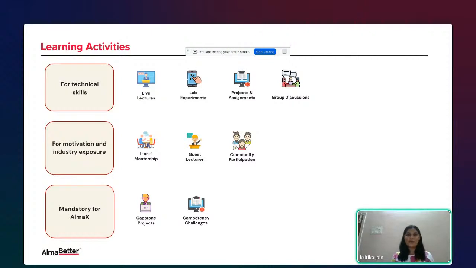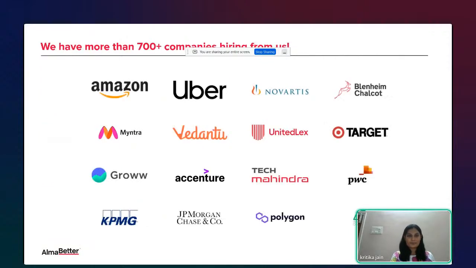So that is the 6 months program, definitely the projects which I mentioned, as well as the test. So these are the basics. Once you clear these basics, definitely you'll be shifted to Alma X. Now in Alma X, you will be placed through the placement team. So that is another process. But the basics you have to clear, which is mandatory for you to sit in the placement, right?